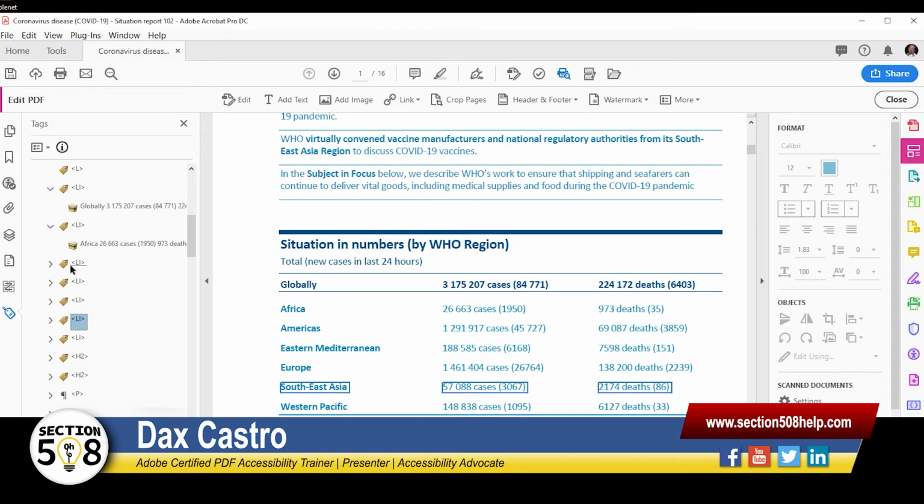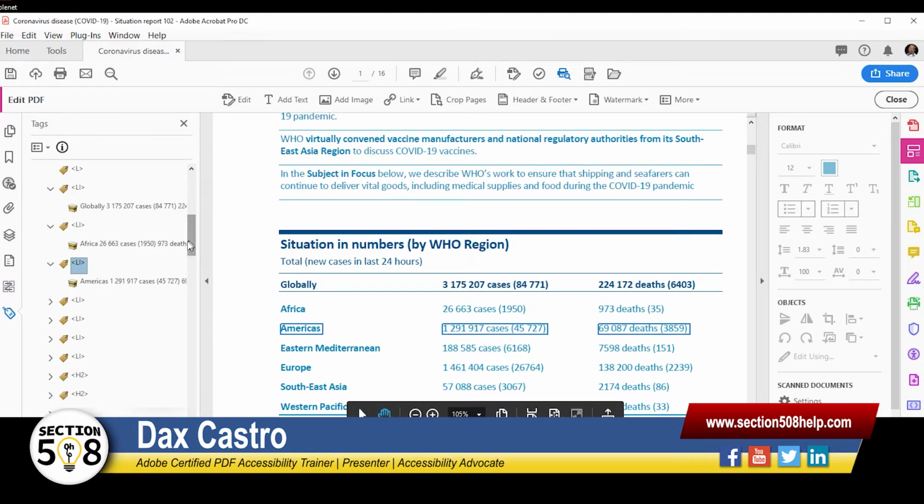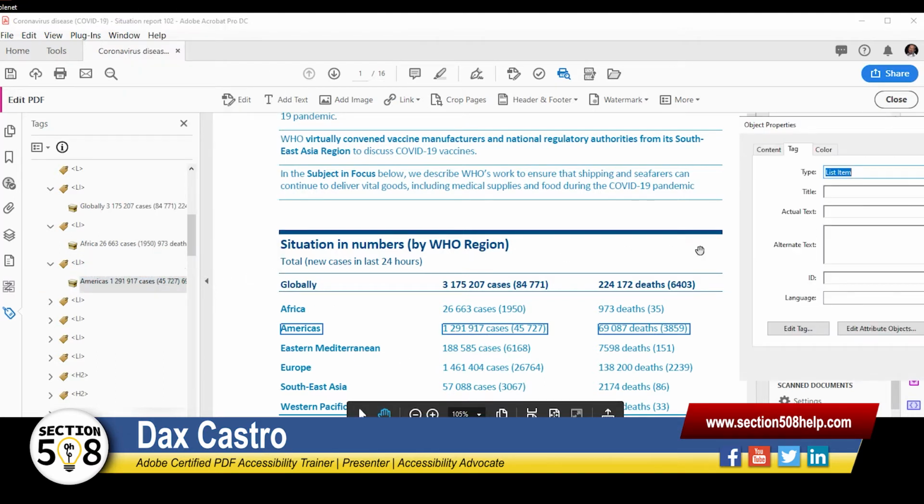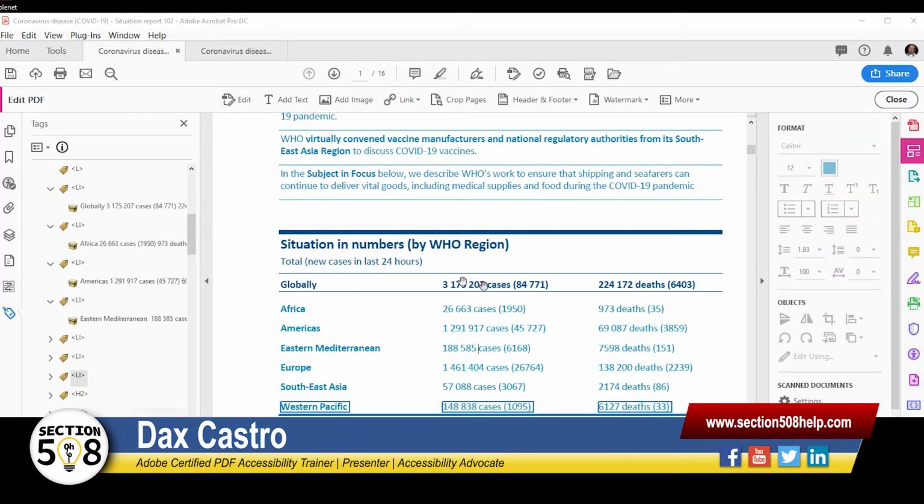Let's say we don't have access to the source. Well, we know we tried fixing the actual text and it breaks it. So the only other way to do this is to go in here and set some actual text. In this area, you can see each of these list items has spaces in between the numbers. So the screen reader is only going to read what it sees, which is 3, 172, 207 cases. Now, that's not the same as